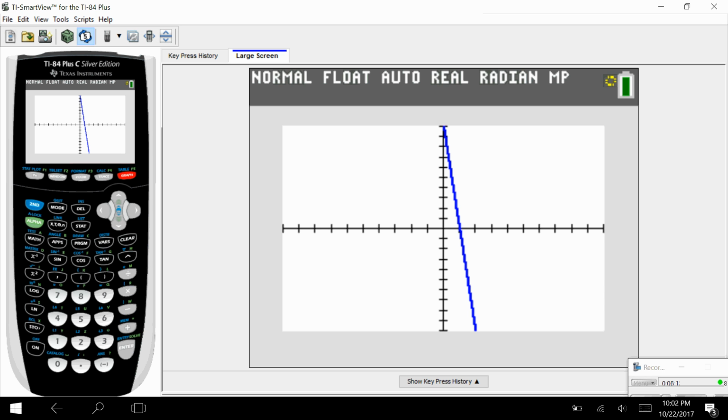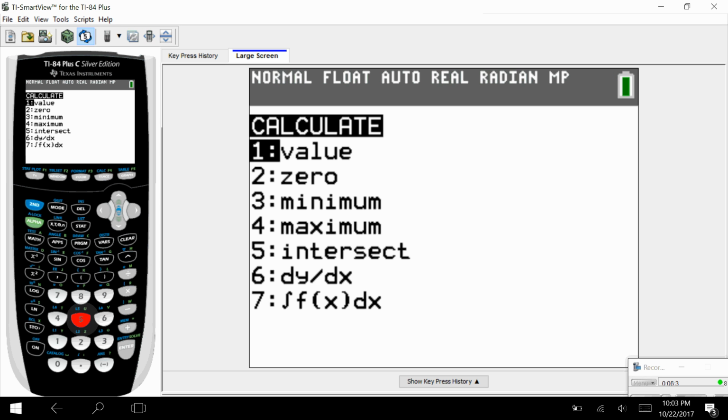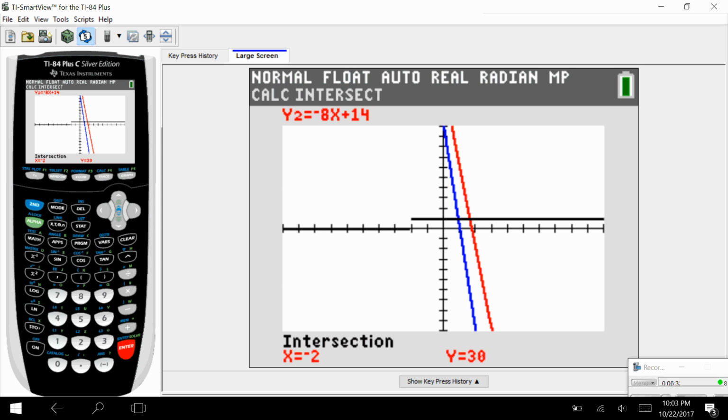y1, y2, and the black line is my y3. I find my intersection by hitting second trace 5, enter 3 times until it says intersection. My intersection is at -2. I hit the down arrow,